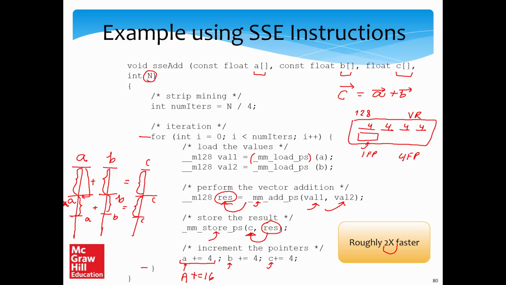A 2x speed up, getting it with hardware improvements will easily take us 5 or 6 Moore's law cycles, or something like 15 years. But this you can easily get just by changing the code from a normal for loop based addition to an addition that uses these SSE instructions.